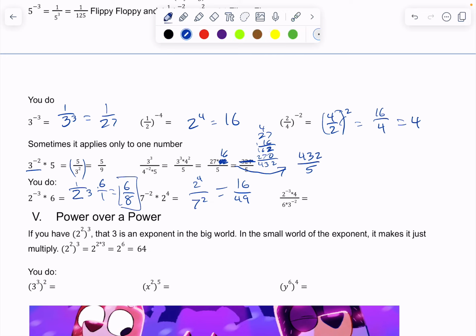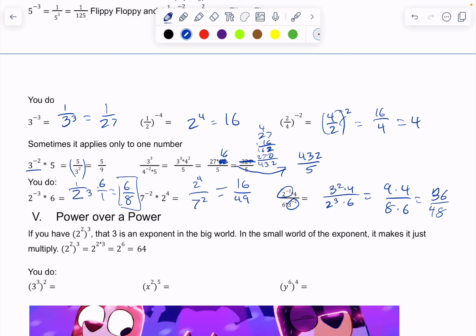So I have on the top, this is gonna go bottom. This is gonna go to the bottom. This is gonna go to the top. My 4 still stays there, and my 6 still stays there. So if I were to divide this, I have 9 times 4, and over here I have 8 times 6, which is 48 on the bottom, and